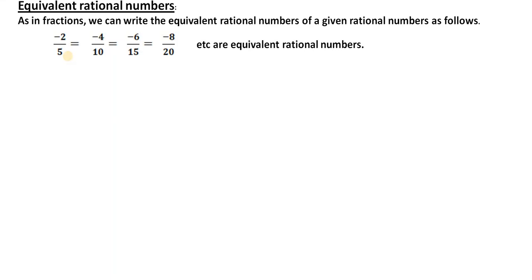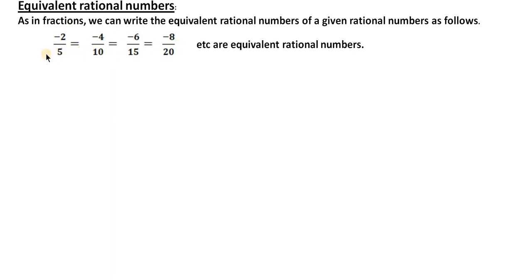We use the term standard form for rational numbers. But in the case of fractions, you have learnt it as lowest terms, fractions in the lowest terms. You divide both the numerator and the denominator by their HCF to reduce a given fraction. Likewise here, standard form means the magnitudes of the numerator and denominator should be co-prime. That means you cannot reduce it anymore, 2 by 5. So that is all known to you. These are not in standard form, but this is the standard form.